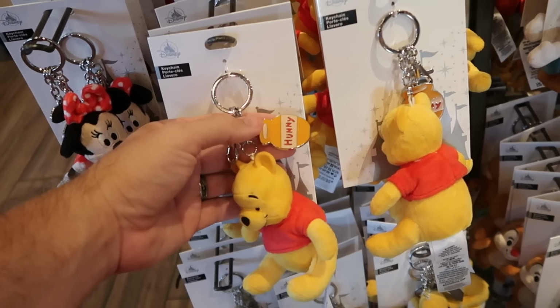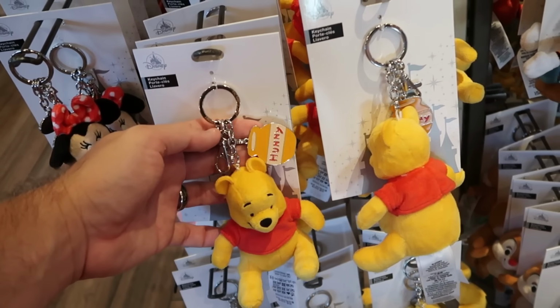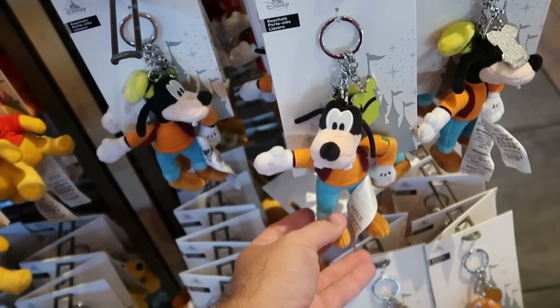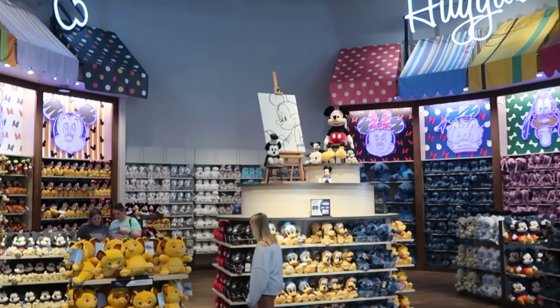Right underneath there, they do have a Winnie the Pooh. He comes with a little metal jibbet there with his honey pot. Next to Winnie the Pooh is the Goofy version, where you do have Goofy's hat that's extra there. So you get a couple different little keychains, and they do have both Chip and Dale in stock. Let's actually head to the back